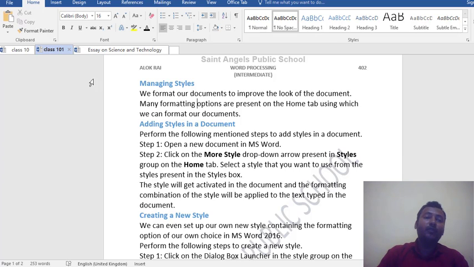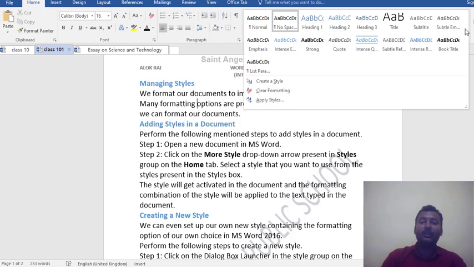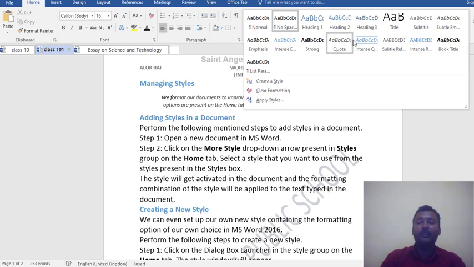We go to the ribbon and click on the home tab. In this we go to the style group and click on the more style drop down arrow. When we click it, we get many options.